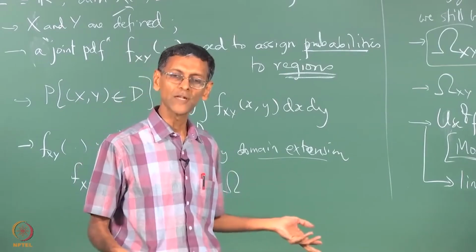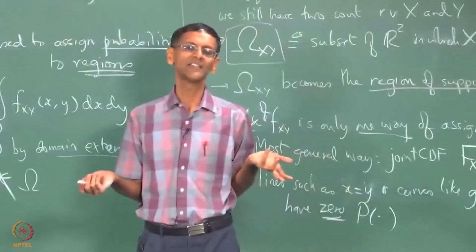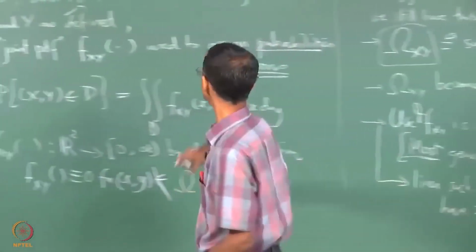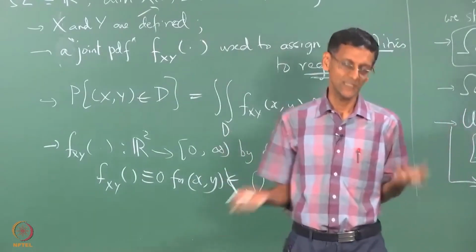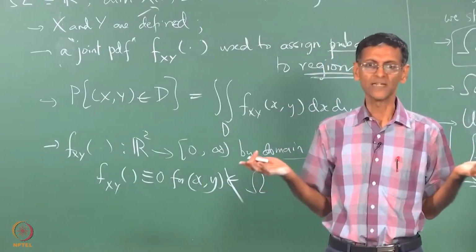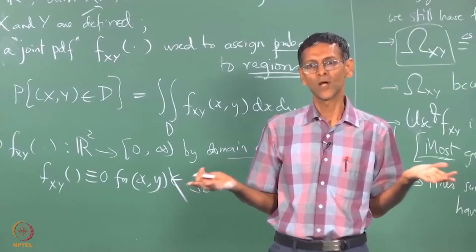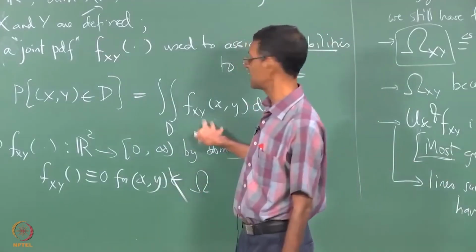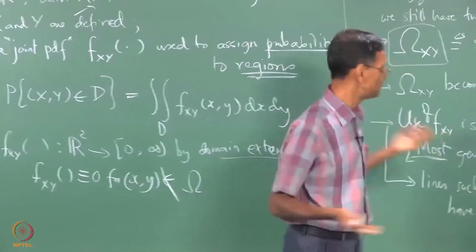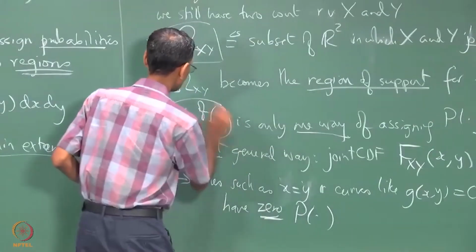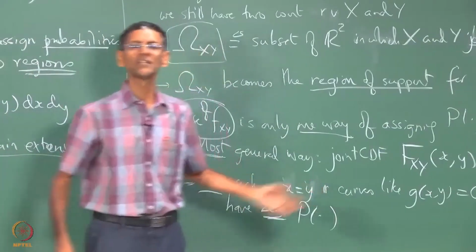Why does it have 0 probability? Because it has 0 area. So by virtue of having 0 area, when you do this double integral over a region which has 0 area, which is a degenerate case of such a double integral, you know that the value has to be 0, isn't it? If this is a well-behaved integrable function, you cannot integrate it over a line and get finite answers. So the use of f_XY means this: any line, in particular, therefore, what does it mean for the probability